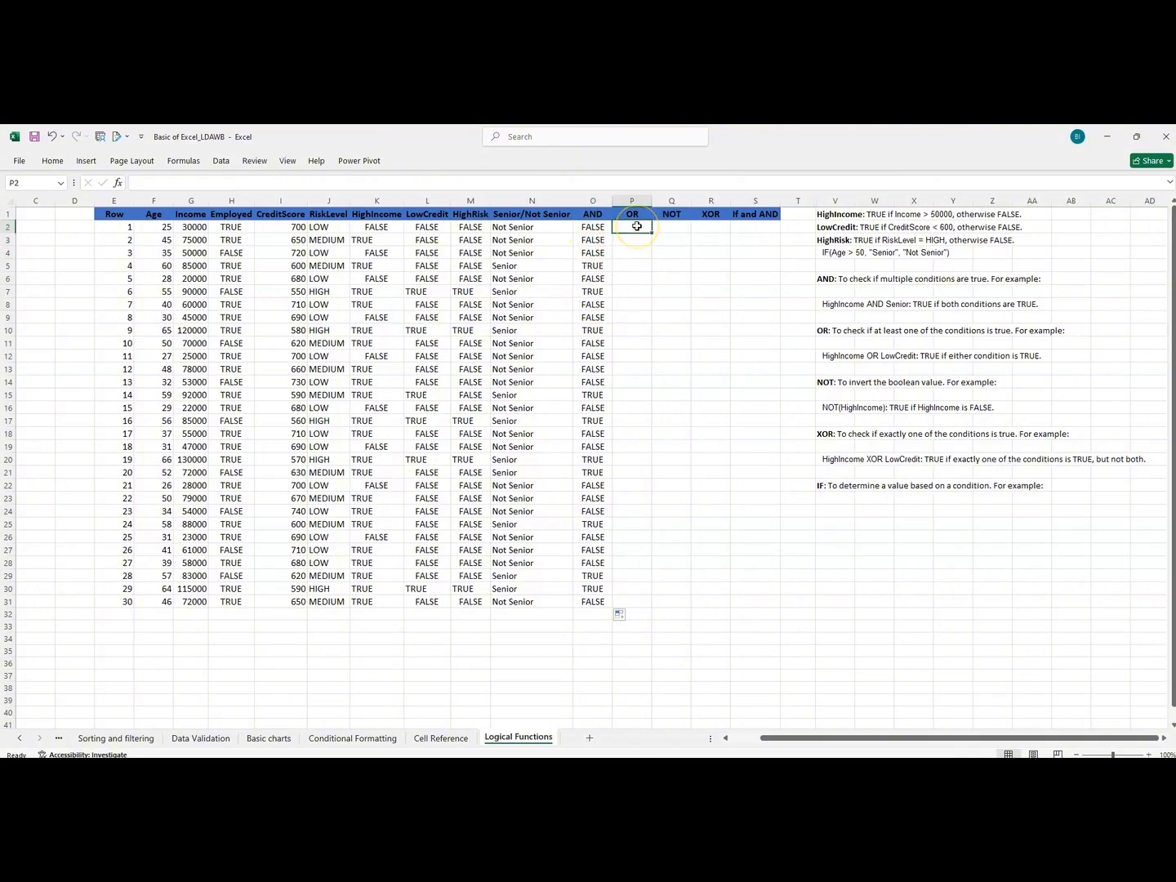So let's look at OR function. OR function is also used for comparing two conditions or criteria together. But for OR function, it will return true if at least one of the conditions was met. So let's look at this criteria for it. We have it must be high income or low credit. So let's look at it. Equal to, or